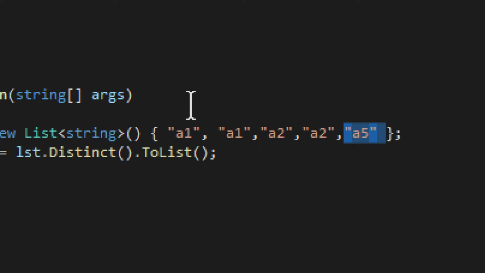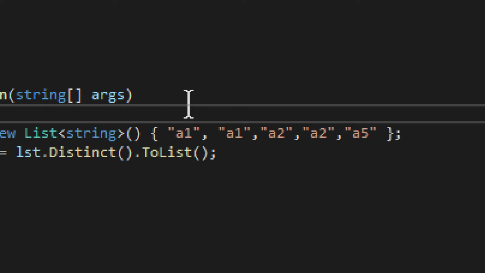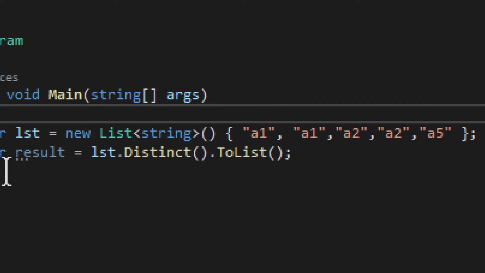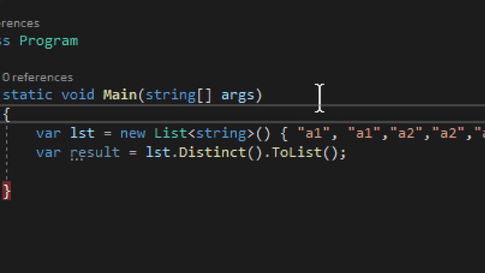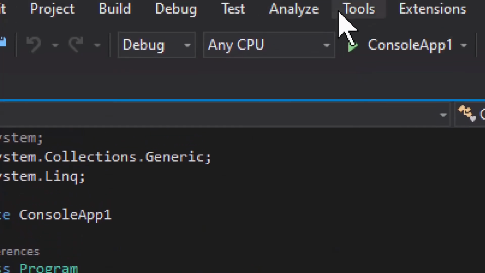So if you only need to know what kinds of groups maybe there are, what kinds of numbers were provided, if you don't need to have them all, if you need to have the distinct values, or in other words, you need to have one of each, this feature will come in handy because distinct will select only one of each. Okay, so if I run this,